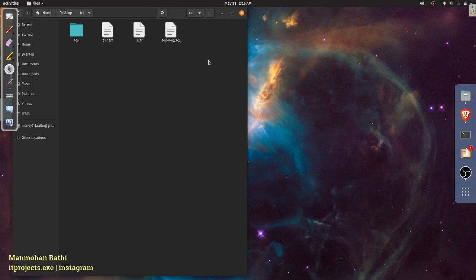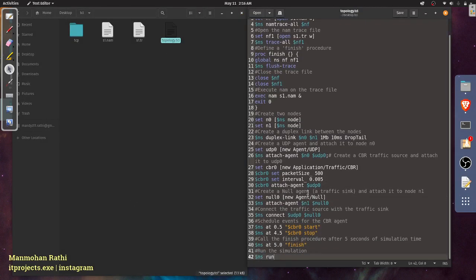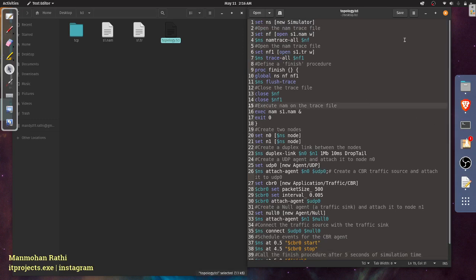Also, if you want, you can try and change certain things. You can go in the file and you can try and change certain timings. You can take the timing forward, take it back, or something like that. You can try and add one extra node and remove nodes. Do some experiments on your own. It will be fun, and I hope you understood this.